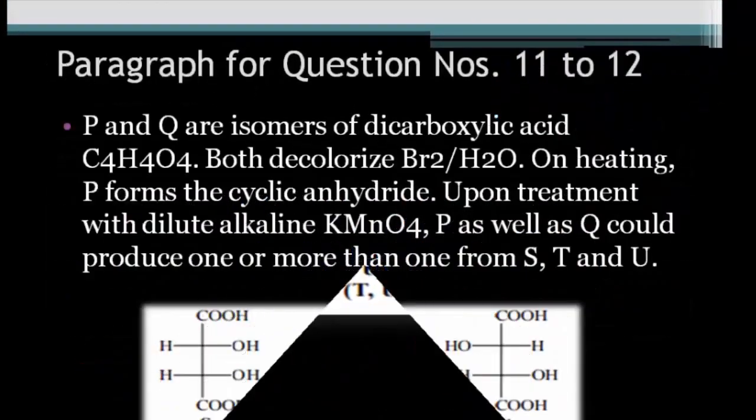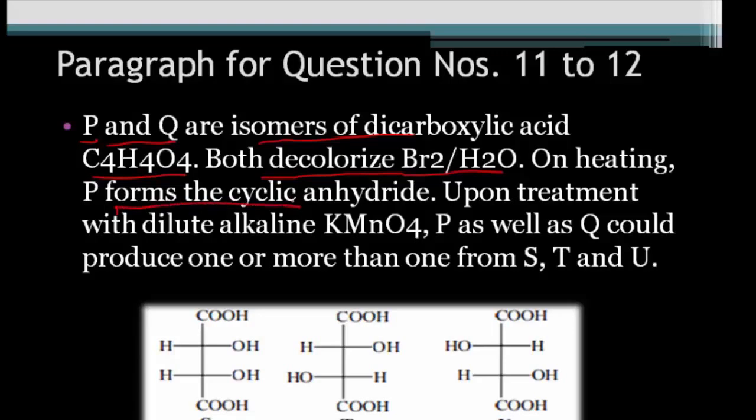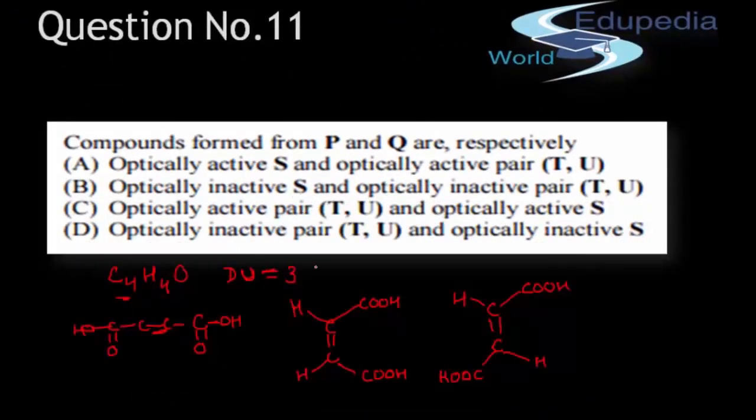Now in the question it says that P forms the cyclic anhydride. Okay, so out of the 2 forms which I have drawn, the cis and the trans forms, this will be my cis and this will be trans. Only one of the structures can form a cyclic anhydride and that will be P. So the cis form will be able to form a cyclic anhydride because both the COOH groups are on the same side, and upon heating they can lose a water molecule and form a cyclic anhydride. So this will be my P and the trans form will be my Q. Just in case you know the common name for these acids, this is your maleic acid and this is your fumaric acid, but the common names are not required in the question.